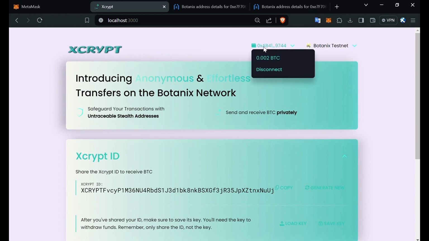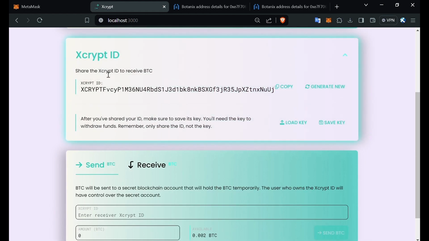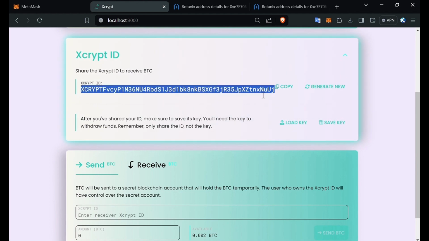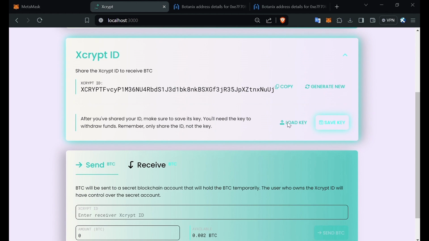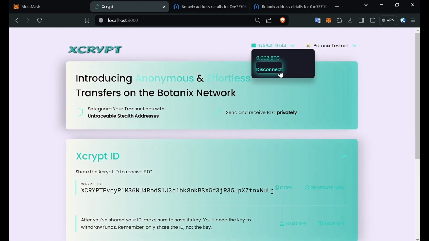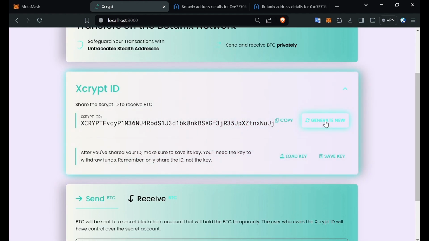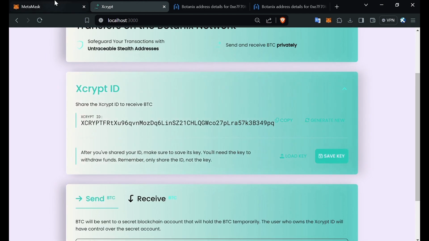So as you can see, I've connected with my 0xAB41 address, and this is the most important aspect of our platform: the Xcrypt ID, which is the meta address that is used to transfer funds on the Botnix blockchain without revealing the receiver's real address. So I have copied the Xcrypt ID because I will be using it to transfer funds without